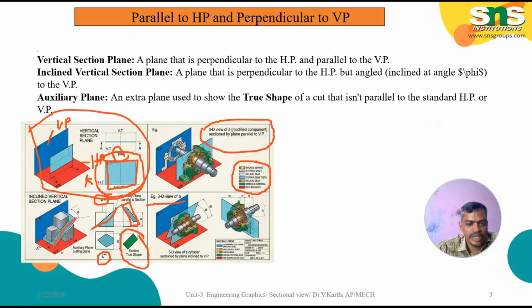An example of a 3D view: this is a 3D view of a cylinder sectioned by the plane inclined to VP. The material legends are highlighted in these sections. The product name and usage are highlighted in the box. So these are examples of 3D mechanical components parallel to HP and